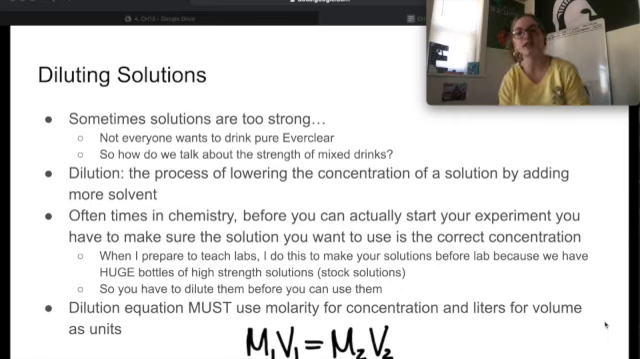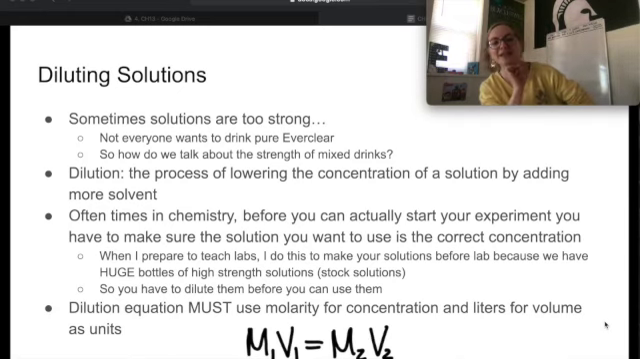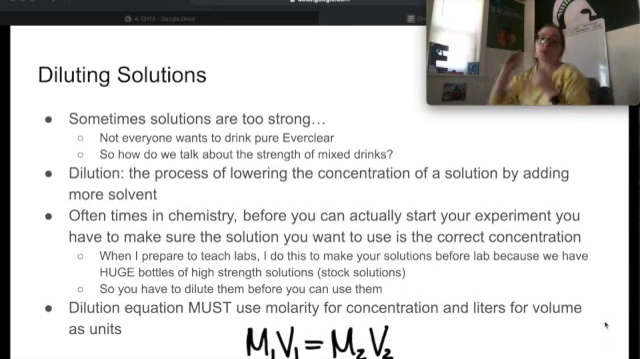Okay, so we have one last little topic to cover here in part 1. We've talked about how we determine the concentration and how we deal with those things. However, sometimes solutions are just a little bit too strong, right? No one should be drinking pure Everclear. So how do we talk about the strength of mixed drinks? How do we figure out what the concentration of alcohol is in our total amount of solution if we make a mixed drink? So if we add some other liquid to dilute it, we're just thinking here about dilution,